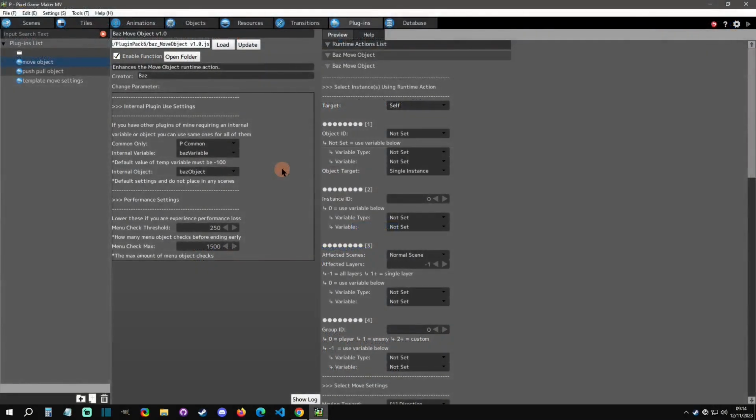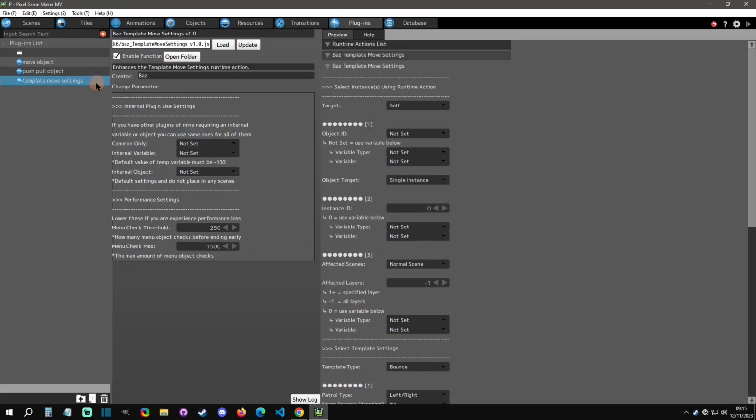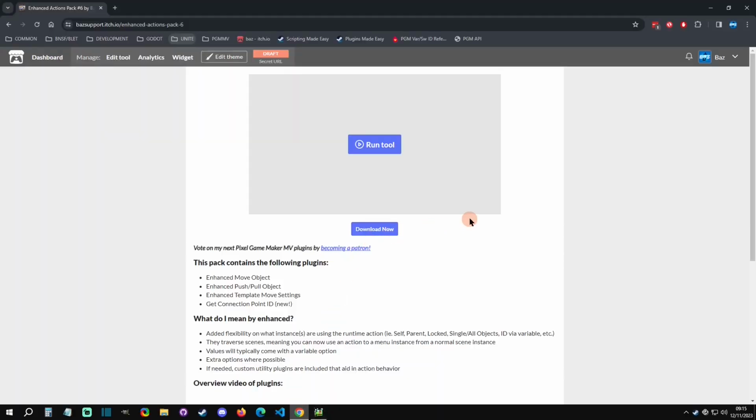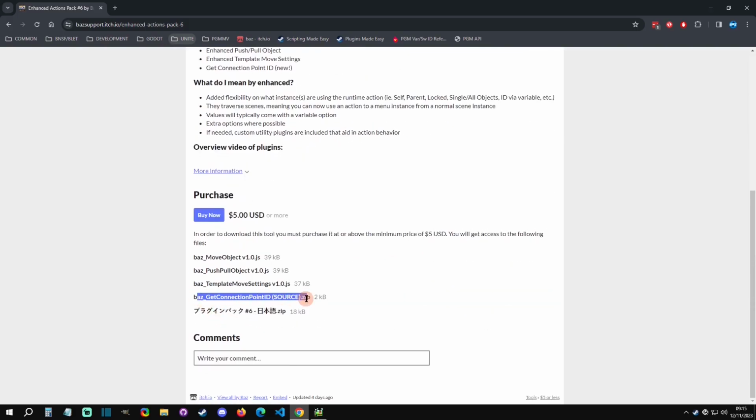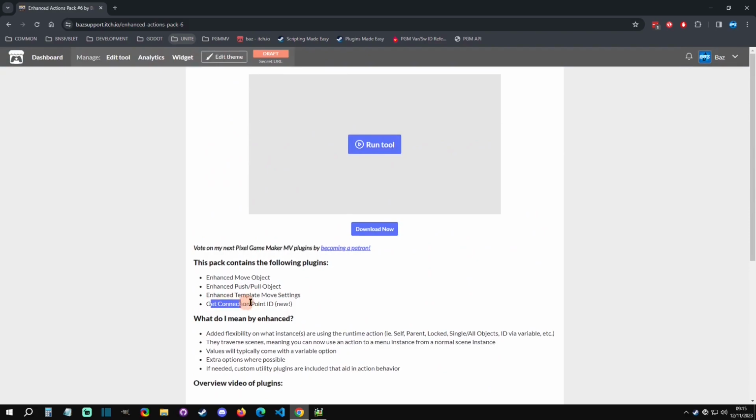Alright, so here we are in the sample project that I'm using. You can see that these are the plugins that come with it: move object, the push pull object, and the template move settings. There's also a fourth one, but it's more like a web tool. If you are on the page where you can download these, you'll see a web tool right here. You can also download the source and run it locally, but it is for the get connection point